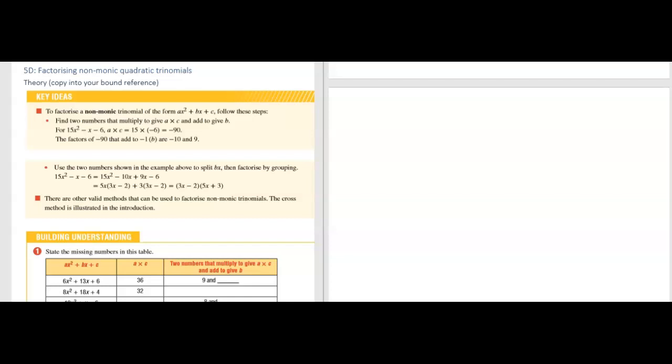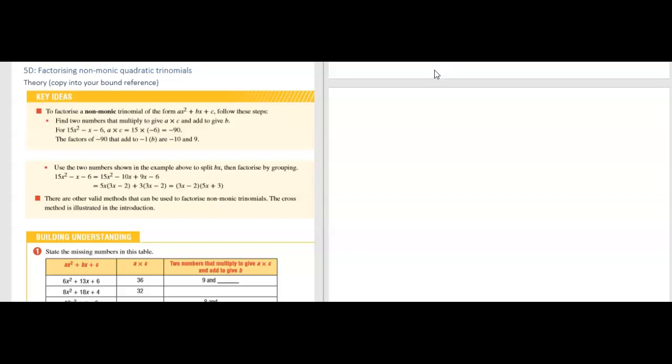All right, ladies, in this video, we're going through 5D, which is factorizing non-monic quadratic trinomials. So in the previous section, 5C, we were looking at monic quadratics, which just means the coefficient of x squared in your quadratic is 1. Here we have non-monic